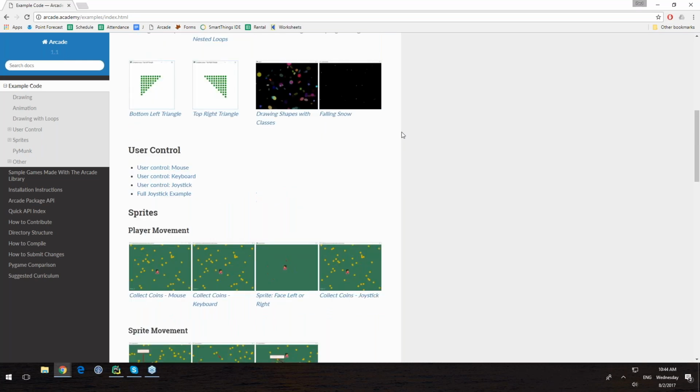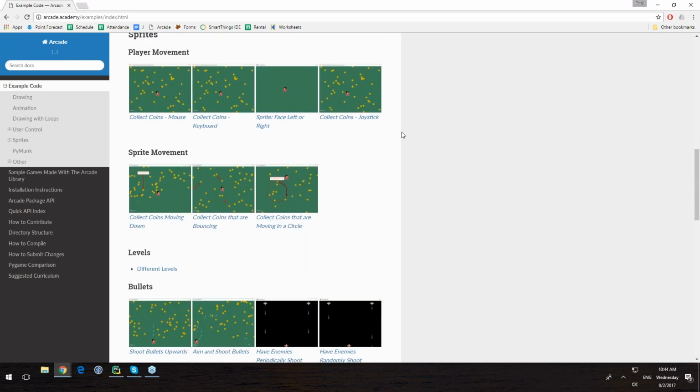I thought I had the example here. I do have an example in my Pygame side where I show the students collecting different items in one room. They move to a different room, and then they move back to the original room, and how they can actually preserve the state of that room in a list. That is a question I've had students ask on a fairly regular basis. But now that I've got that question, I note that I don't have that particular example under the new arcade library.